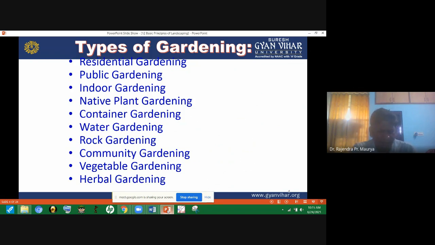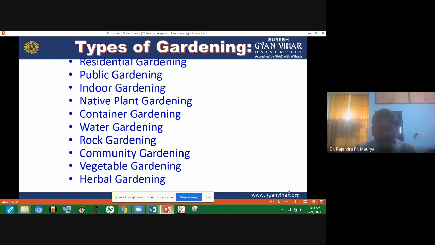Then public gardening. In urban areas, municipal corporations develop large gardens for the enjoyment of the public. And indoor gardening: at your home, factories, office, and other places, we can grow some plants in pots, trays, etc. to enjoy the beauty.